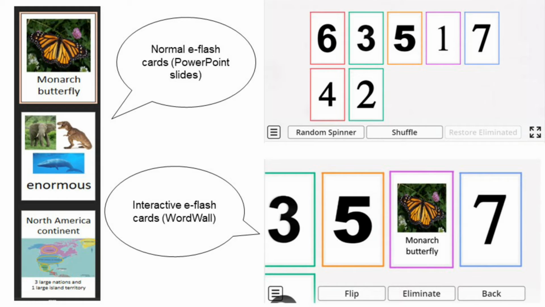As I have mentioned earlier, we'll be using interactive e-flashcards for this lesson plan. The easiest way to make e-flashcards is by using PowerPoint slides, where you can just put the pictures there and their label. But it's not interactive enough because you will only show the cards just like that to the pupils. So to make it interactive, Wordwall can be used to generate e-flashcards if you choose the tile cards template. So instead of just showing the flashcards one after another to the pupils, the teacher can make it fun and mysterious, where you can give